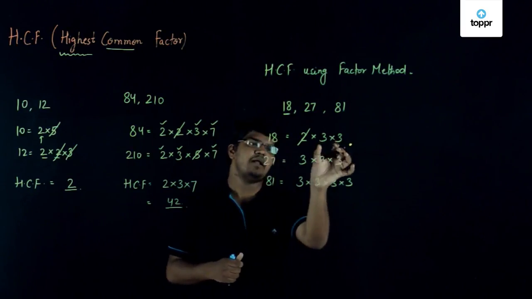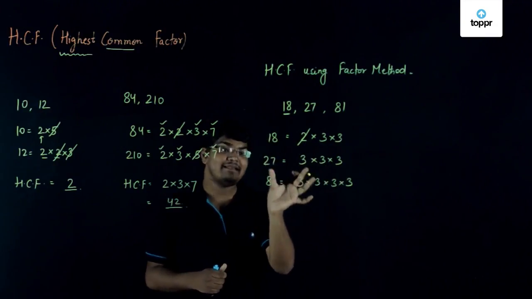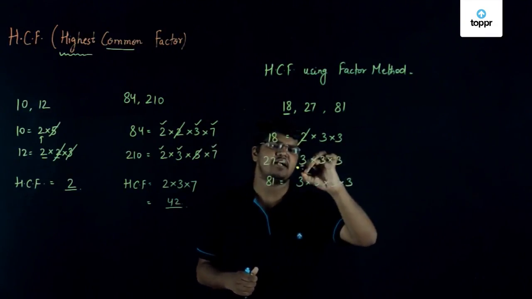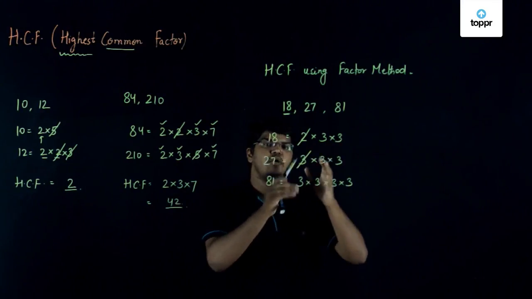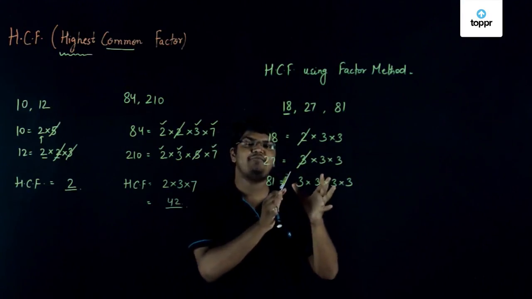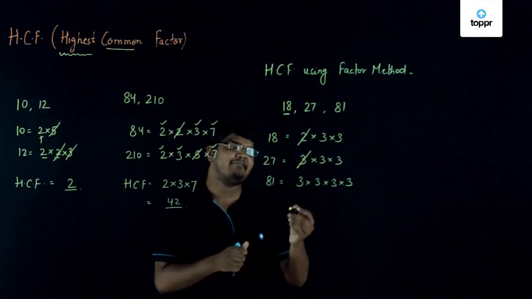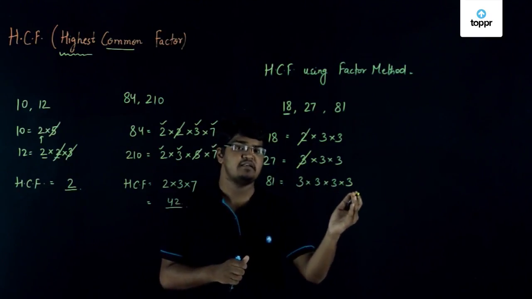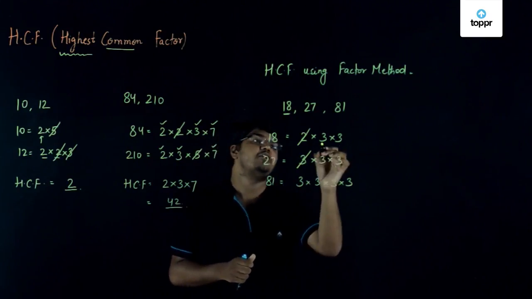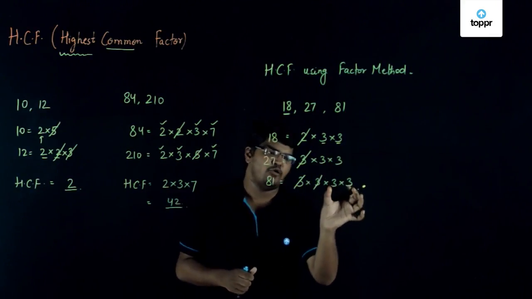So we have 2 3s in this 18. We have 3 3s in 27. This means that one 3 is extra in 27. So we'll simply cut out this 3 and keep 2 3s common to both these numbers. Now what is left is the prime factorization of 81. I can see that in the prime factorization of 81 there are 1, 2, 3 and 4 3s. But all we need is 2 3s, so I'll cancel the remaining 2 and only include these 2,